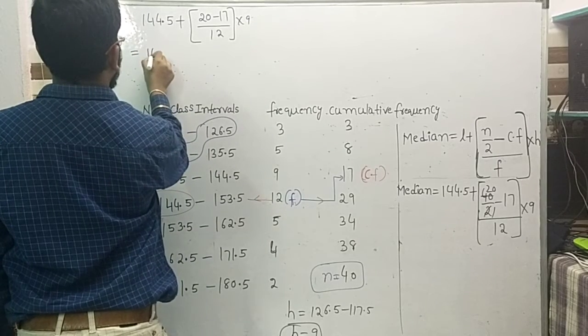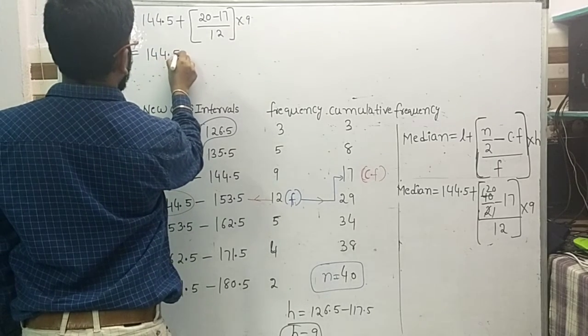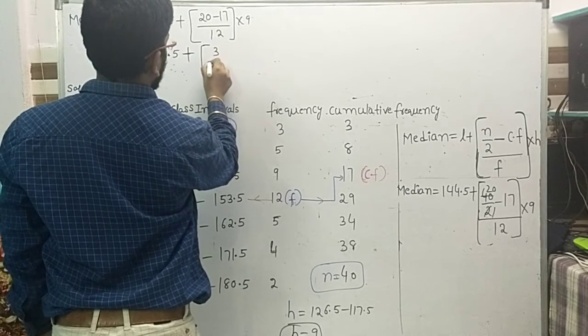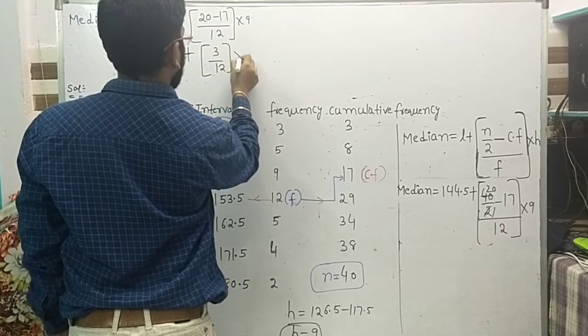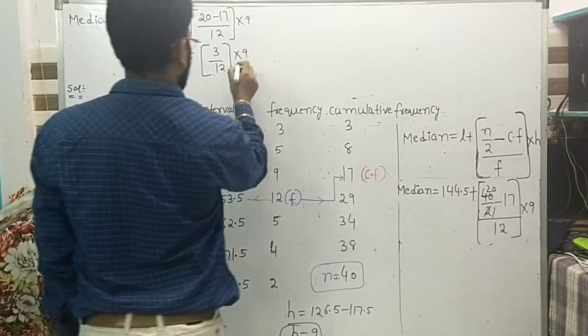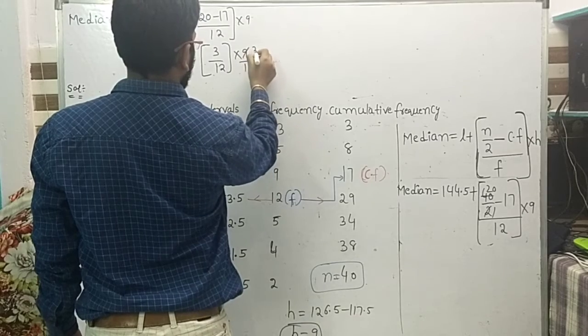That is 144.5 plus how much will it be, 3 by 12 into 9, 12 into 9, 3 table, 3 3s are